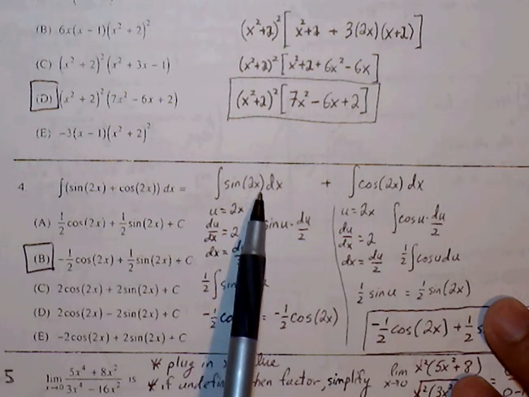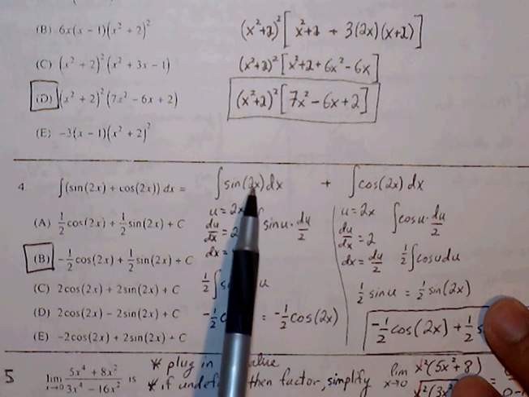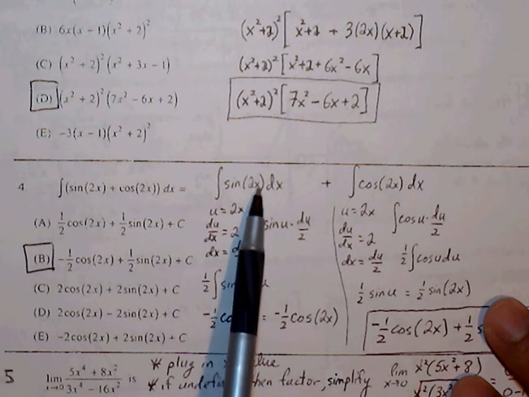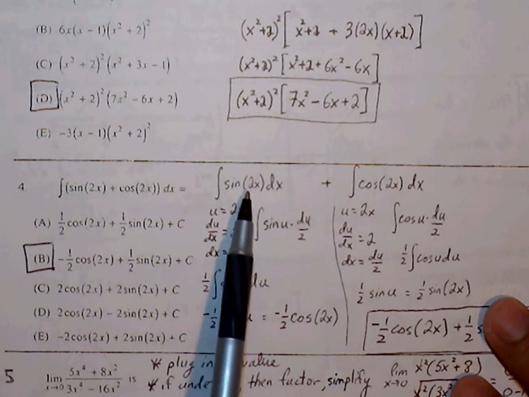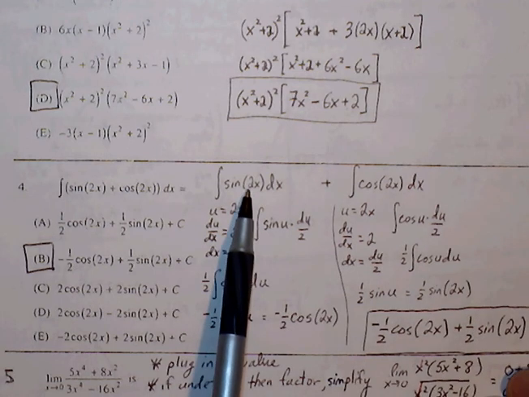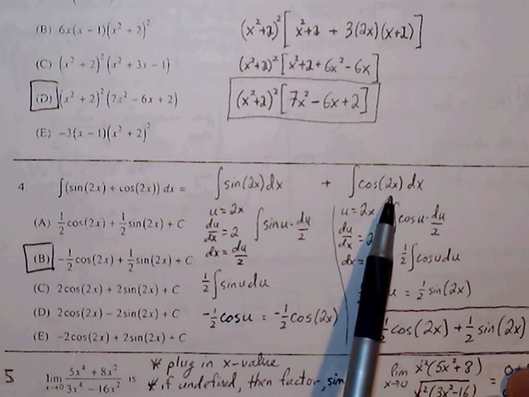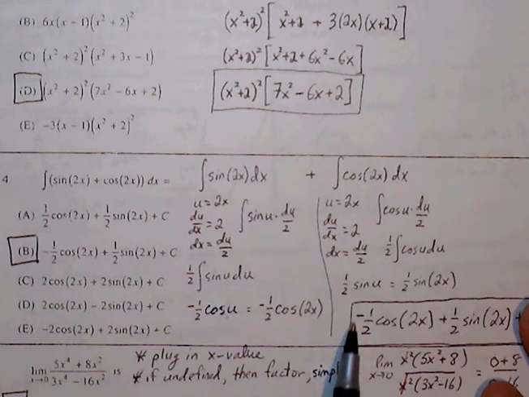And if you have just a linear portion inside the parentheses, you can just go ahead and know that your indefinite integral will have to account for this u value that is more than x by the reciprocal of this derivative. So the derivative of 2x is 2, so we just need to have a 1/2 in front. Same thing with this 2x, it will produce a 1/2. And because the integral of cosine is a positive sine,